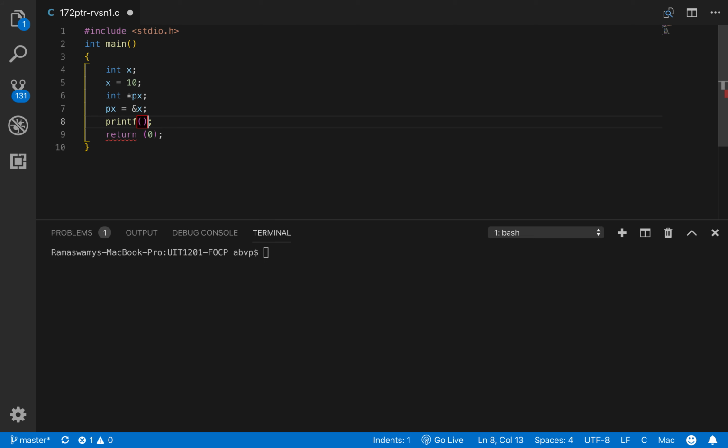So printf, if we do not use the asterisk operator and just say px, we are referring to the address. In the placeholder, we can make use of %p to refer to the address, so %p\n.